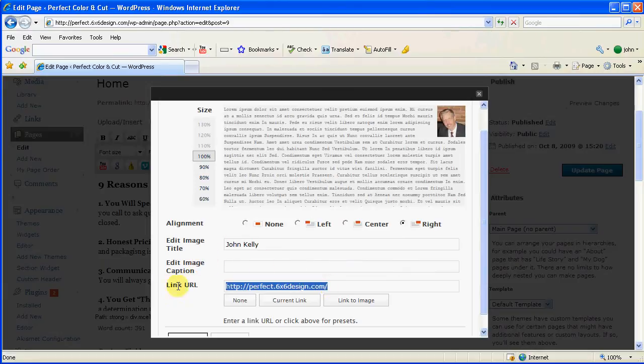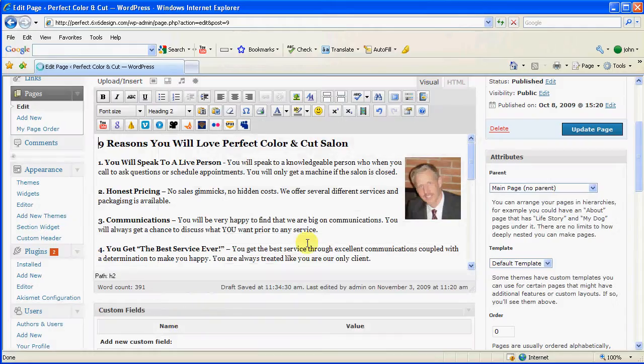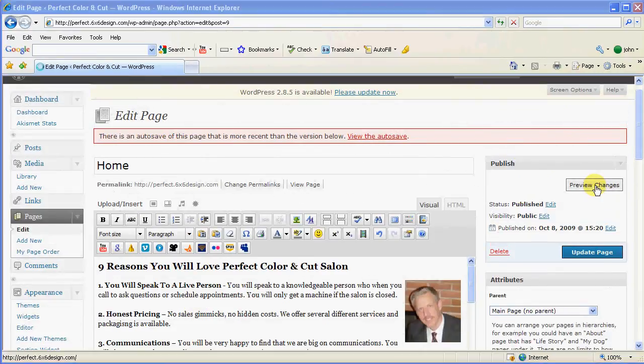If I want to get rid of the link, I can do that. But I'll leave the link there just to show you what it does. So I go ahead and hit update, and there you go, got rid of the caption. Now if you notice also, we can take this and preview it and see what our changes look like. So I'll go to preview changes,